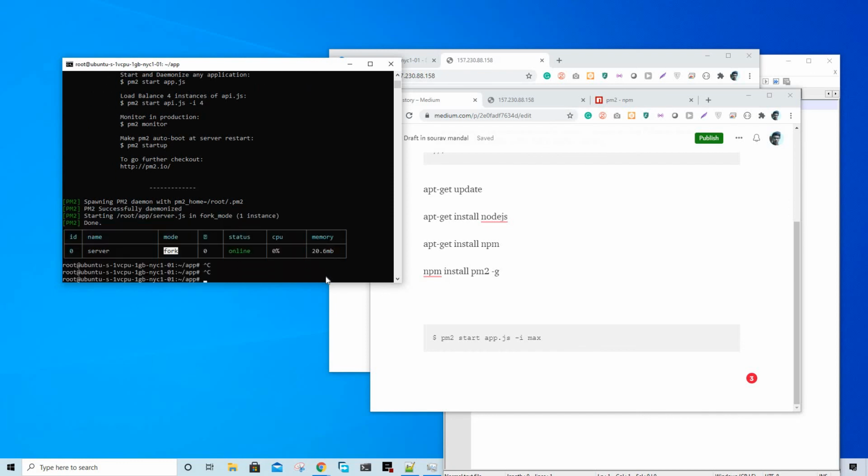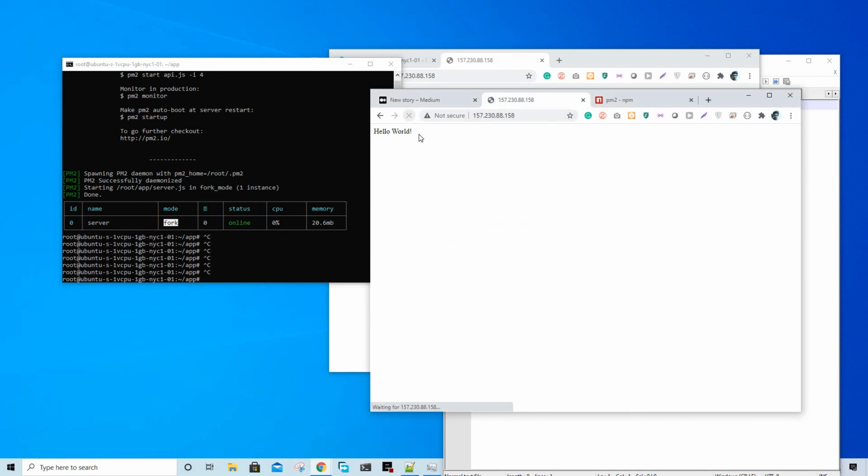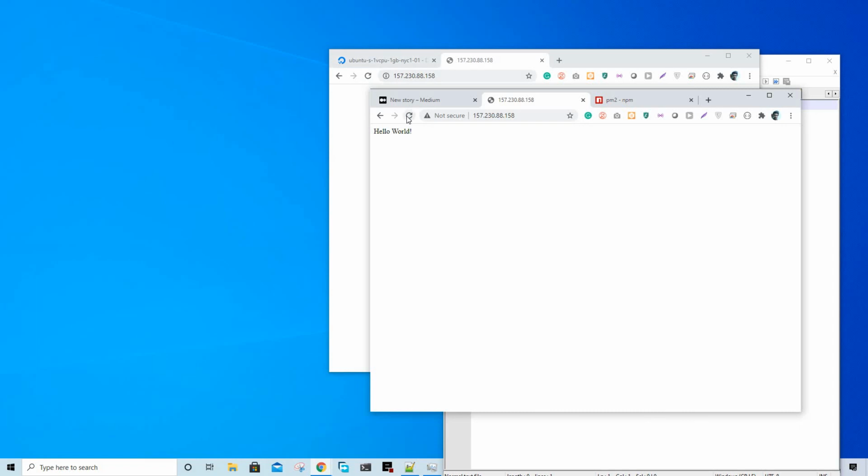Now even if the terminal is closed, we'll still be able to access it, as you can see, even after we've closed it, and it will keep on running. So that's it, that's the end of the tutorial. We saw how we can keep on running a Node.js server on the default HTTP port, which is, by the way, the only port you should allow others to access, otherwise it can be dangerous.